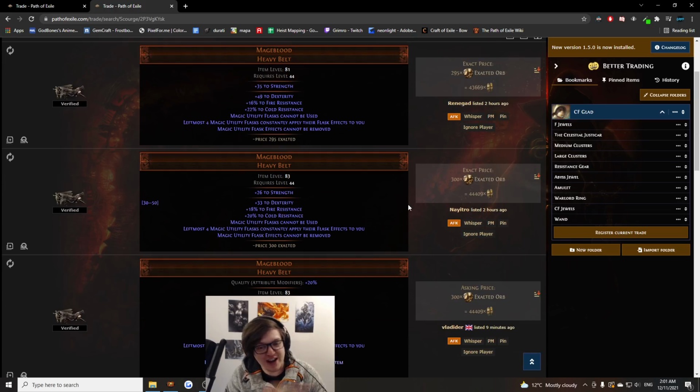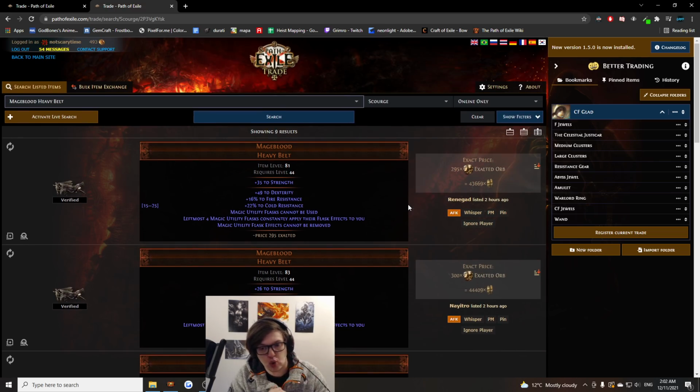Anyway, fortunately for me, someone in our guild, Jesse, just happened to drop a Mageblood in Delve. Fantastic. I didn't have all the currency at that minute, so he gave me a quick loan. I paid him back the next day, but we settled on 220 exalts for the Mageblood belt. I was thrilled. Great. No worries. Awesome. So I slapped on that belt,